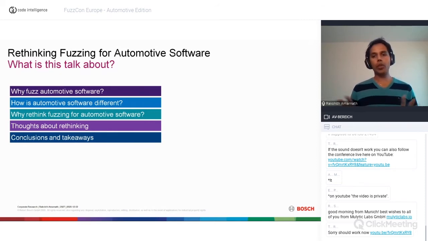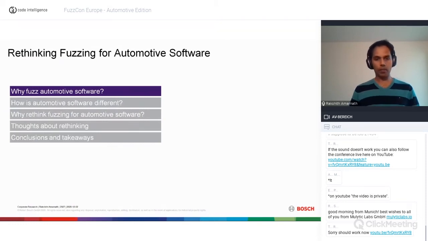Please note that this talk already assumes knowledge of fuzz testing, so I won't be getting into the fundamentals of fuzzing, but will instead focus on applying fuzzing to automotive software. And as always, given the virtual nature of the conference, I encourage you to shoot your questions as and when they pop into your mind using the chat or the Slack channel of this talk. If Matthew could help me pick some of the questions, that would be great. I can hopefully spend some time in the end to go through the Q&A. So let's get started.